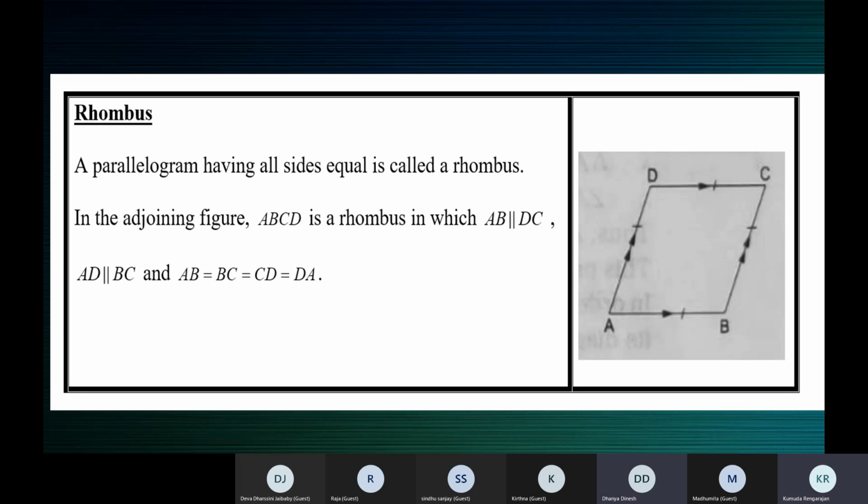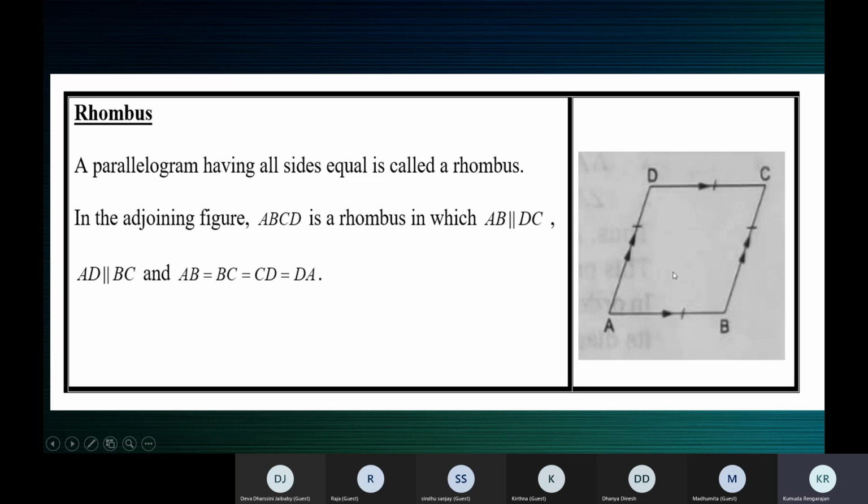Now I'll give you two angles. You must either say they're equal, angle P is equal to angle Q, or you must say angle P plus angle Q is 180. Okay, I want one of these two answers. Now look at the figure, the one which is on your screen.